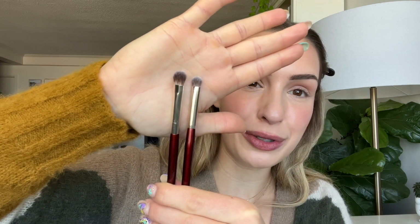So the next two I'm gonna show you together because they're very similar and I want you to see the differences between them. These are two teeny little shader brushes. At least they're pretty small for my eye shape. Here you have the 203, which is the larger of the two, and then you have the 209, which is the